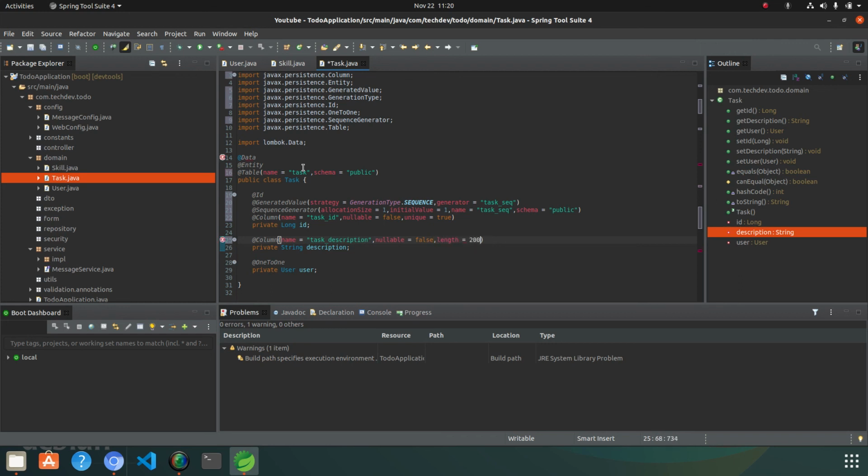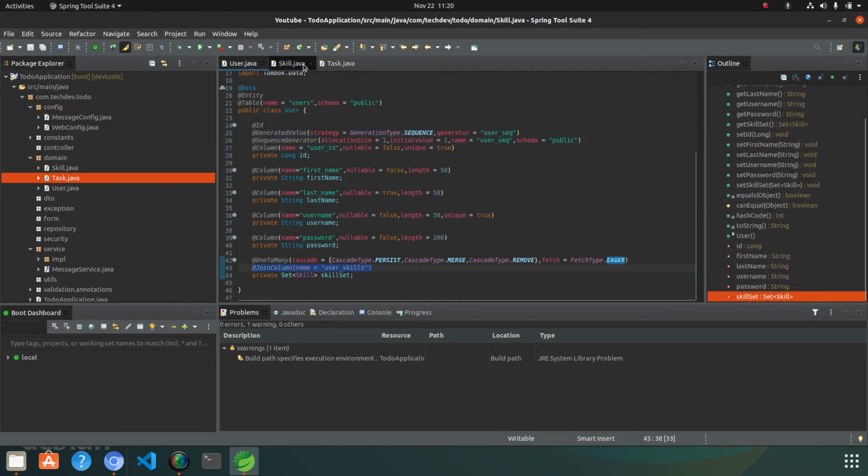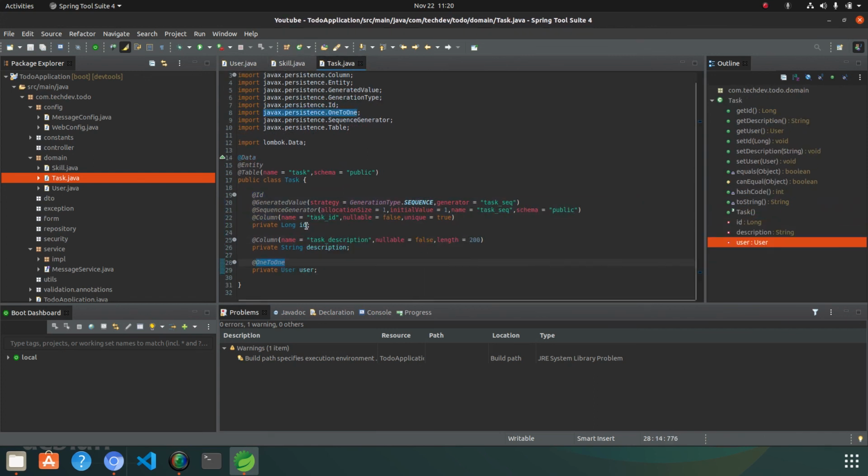Length should be 200 maximum, and similarly for that @JoinColumn, whenever you are using one to many, many to one, and all this, we cannot use @Column. We should use the @JoinColumn at that time, and we can give the name of the foreign key to it, that is user underscore task.